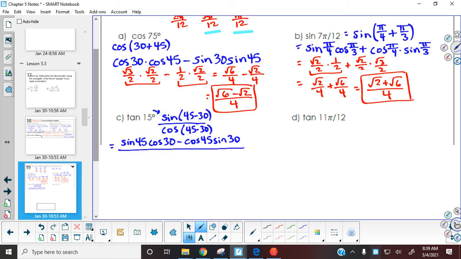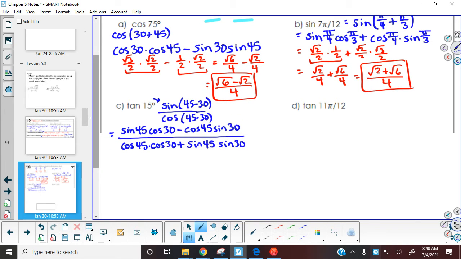All over, and now we're going to focus on the bottom. So the cosine, we have cosine 45 times cosine of the second. And then our sign changes, so it's going to change to a plus. Sine 45, sine 30. Okay? Now, what we're going to do is just a series of substitutions based on what we know